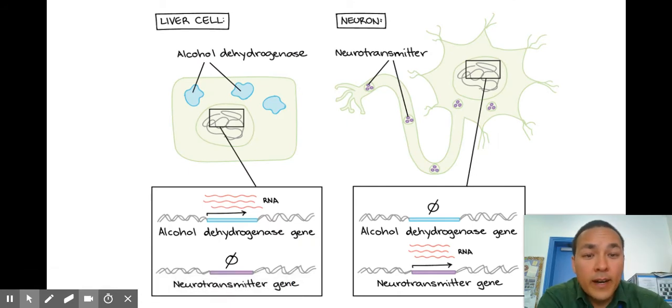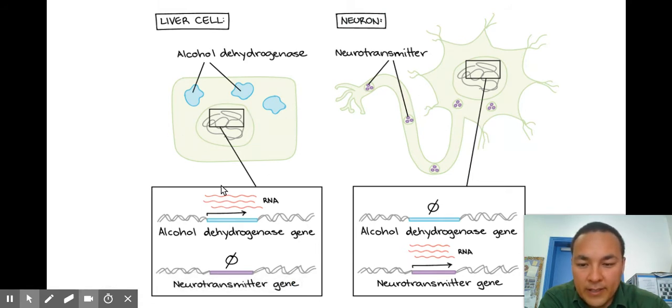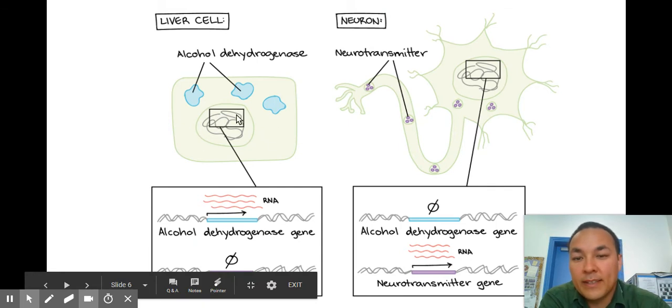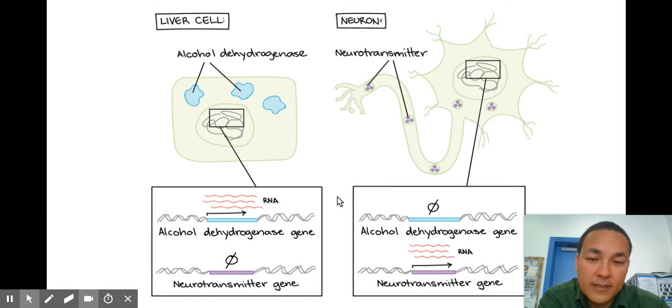So one thing that confuses students, right? Every cell in your body has the same DNA. They just access different genes to lead to their different structures. Here, this neuron is accessing genes for being a neuron, whereas this liver cell is accessing genes that help it to break down poisons. So the cells in my eye are activating different genes than the cells in my mouth, but they both have the same DNA. The only place that isn't true are some of your immune cells because they're special, and also in your reproductive